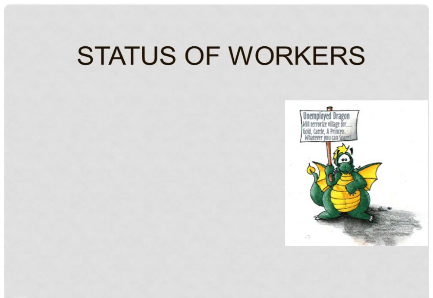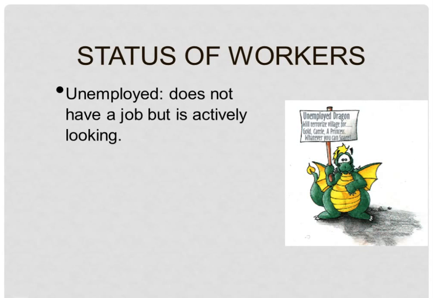Okay, workers in this country fall into essentially a couple of categories. The first one is the one that we're going to be addressing a lot in this unit, the unemployed. Now, there's really two parts to being unemployed. The first is that you do not have a job. That's pretty self-explanatory. If you don't have a job, no job at all, then you could be unemployed. But the other factor is you must be actively looking. So those are the two factors that must be true for someone to be counted as unemployed. Does not have a job, but is actively looking. Those two things combined make you an unemployed person.